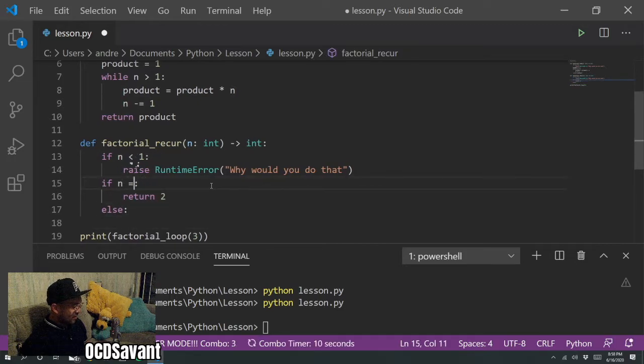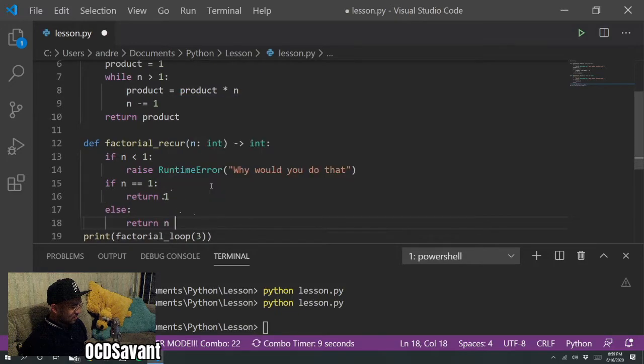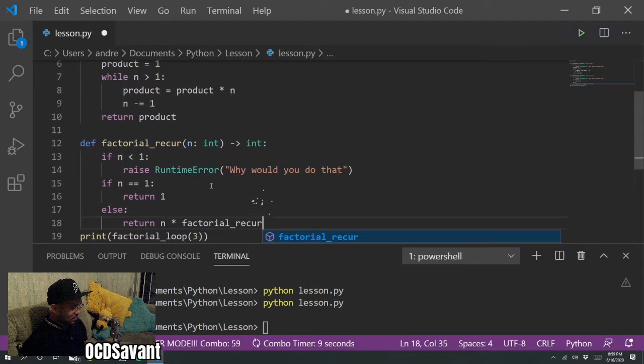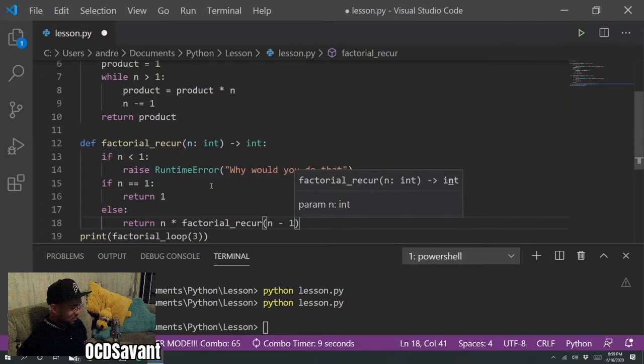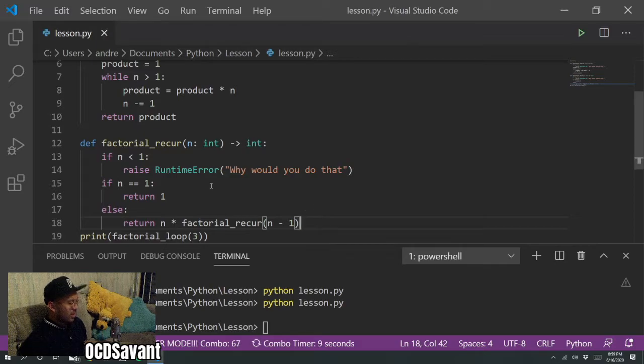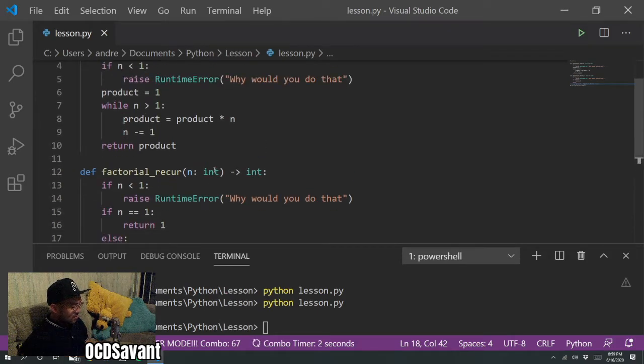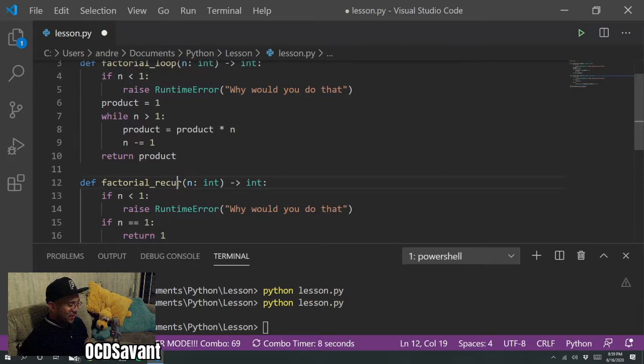Oops, I'm sorry. If n equals 1, premature optimization. Okay. All right. Okay. That should do it. I'll take that. So, we got this, believe it or not,